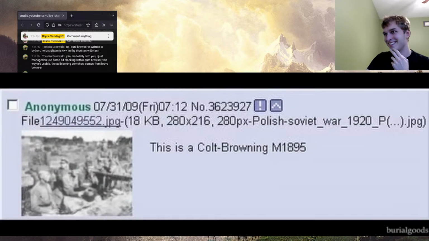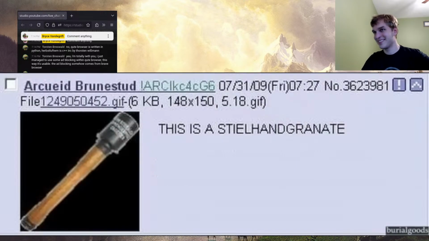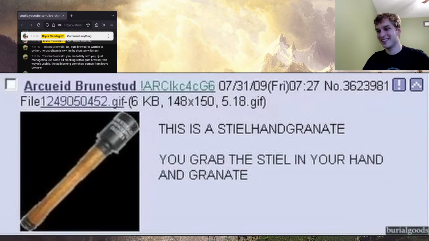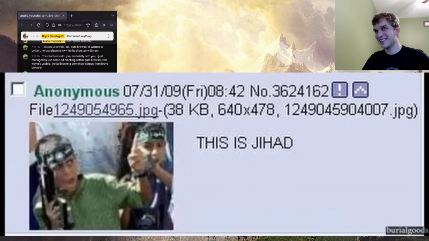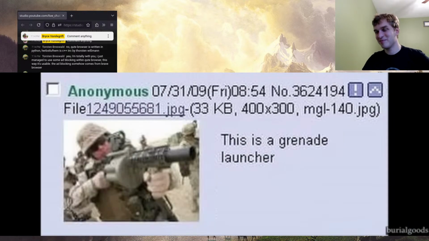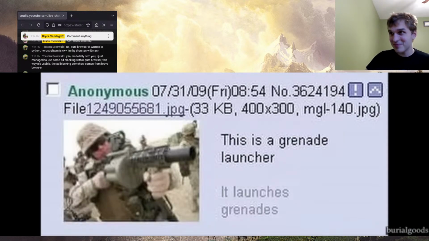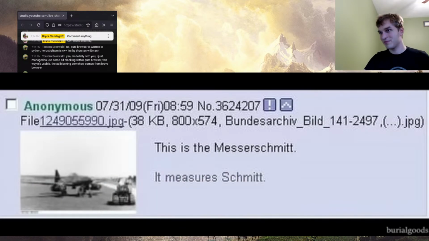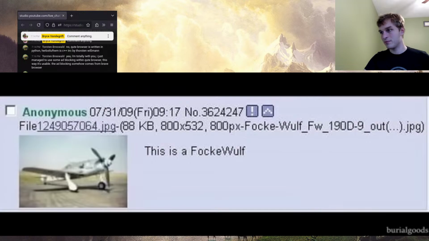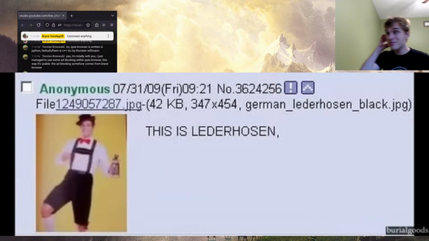This is a Colt Browning M1895. It digs potatoes. This is a Stielhandgranate. You grab the steel in your hand and grenade. This is a grenade launcher. It launches grenades. This is the Messerschmitt. It measures Schmidt. This is a Fagewolf. It fags wolves. This is a Lederhosen.